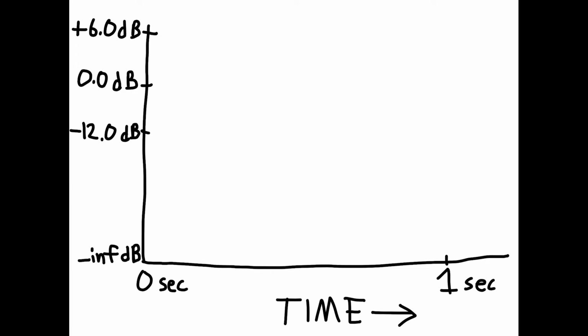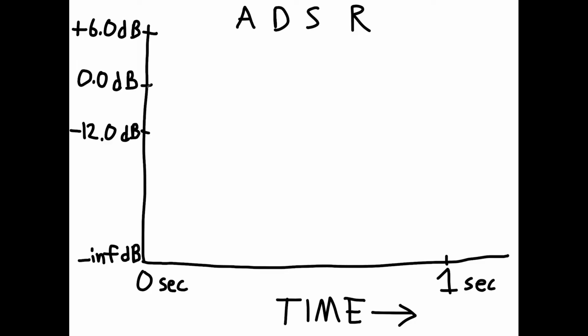So let's look at a diagram of what an envelope might look like. Again, remembering that we have an attack, some kind of decay, sustain, and release. In terms of a graph here, we have time going across the bottom, starting at 0 seconds and going across, let's say for a second or so. And then on this axis, we have volume measured in decibels. So minus infinity dB, so no sound, all the way up to the full volume, 0 dB, and then adding